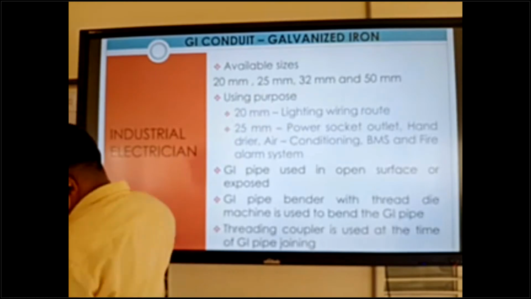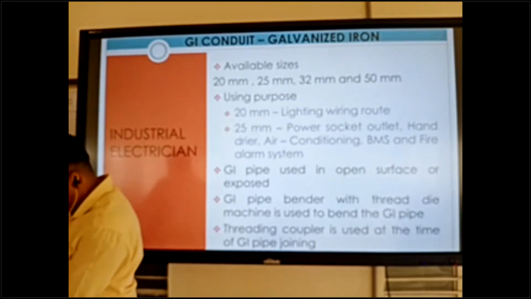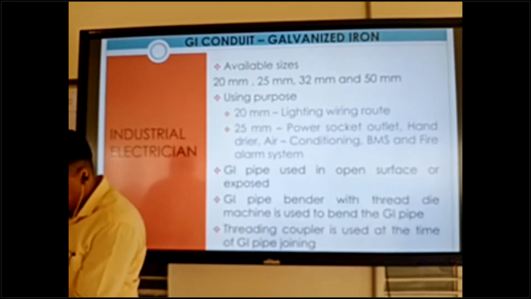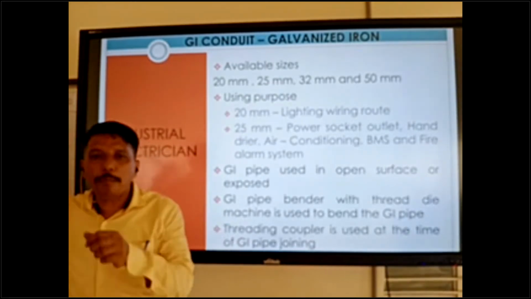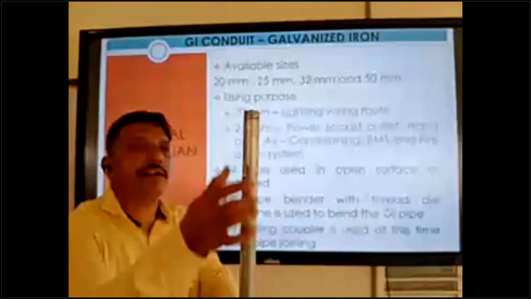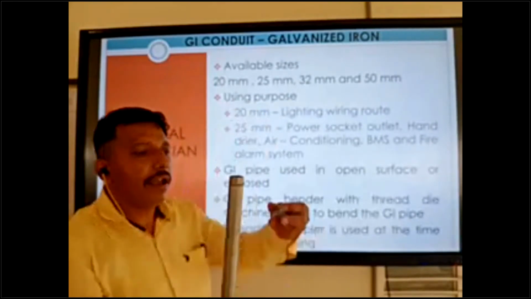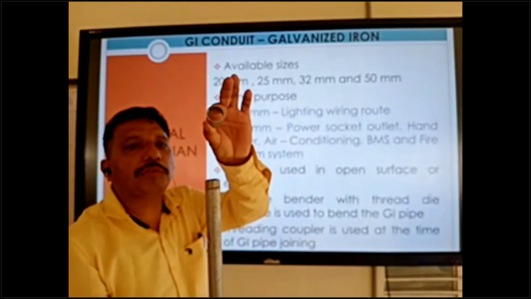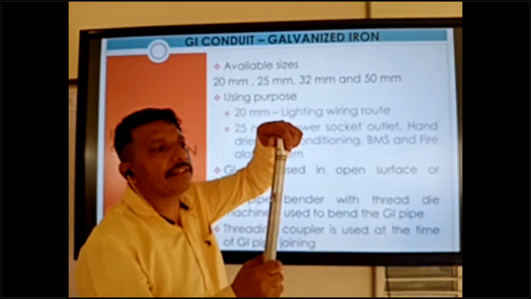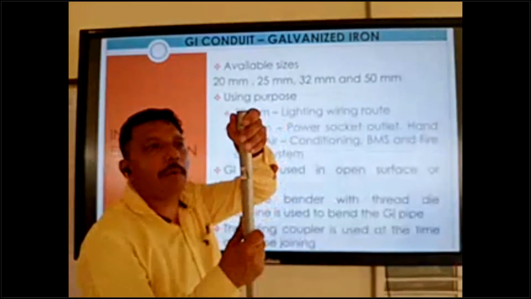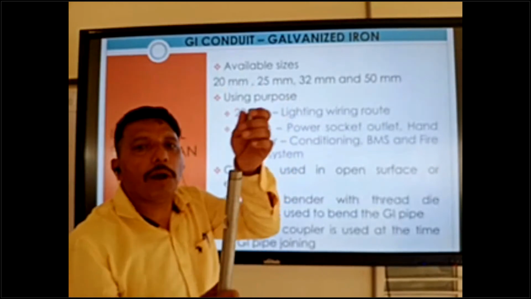This is how the thread comes. This is the thread, and the threading coupler. We use a threading coupler inside GI pipe to join two pipes, and another pipe is coming here.